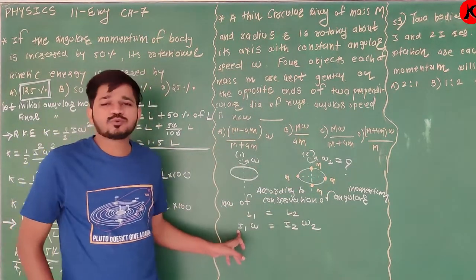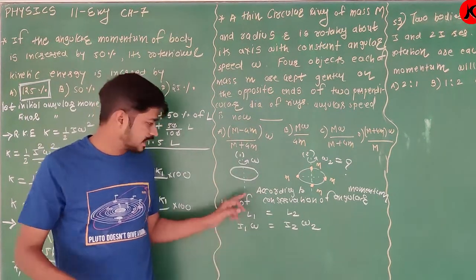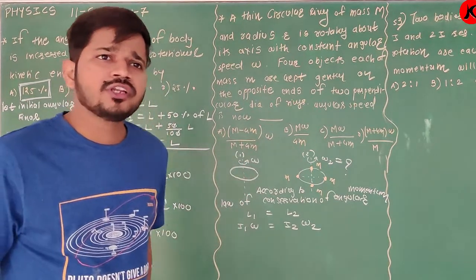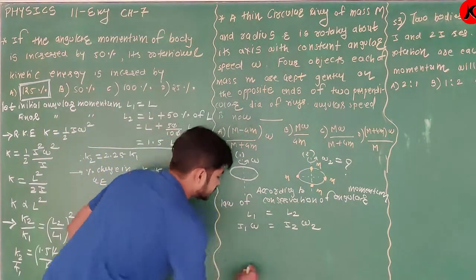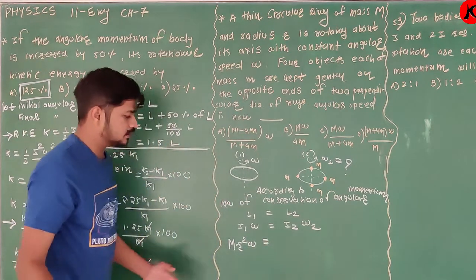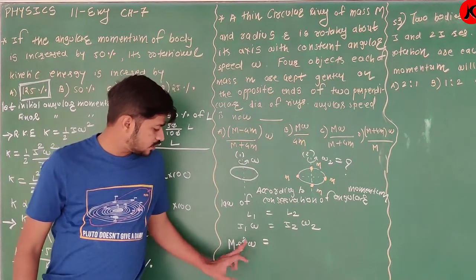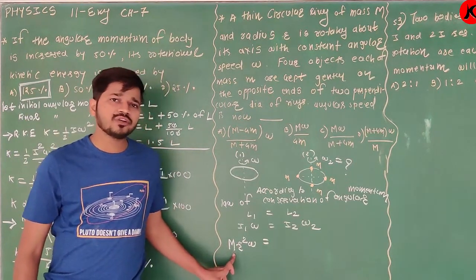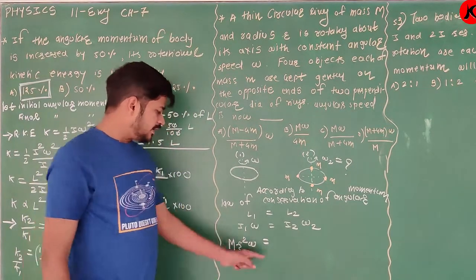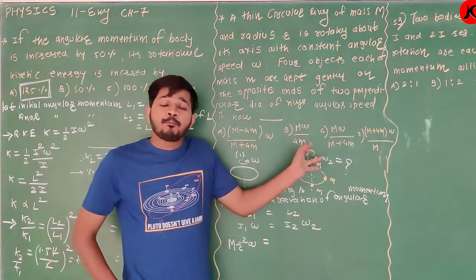Now I1, that is the moment of inertia. Here only the ring is rotating. So what is the moment of inertia of the ring about its own axis? It is m r square, so the left side is m r square omega. Case 2: the ring is rotating plus